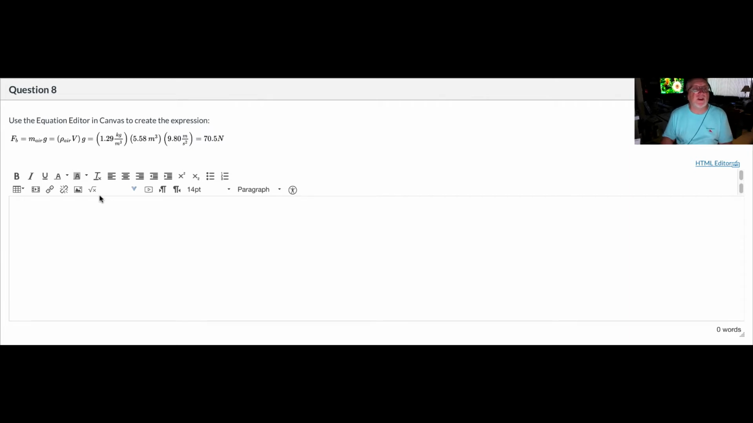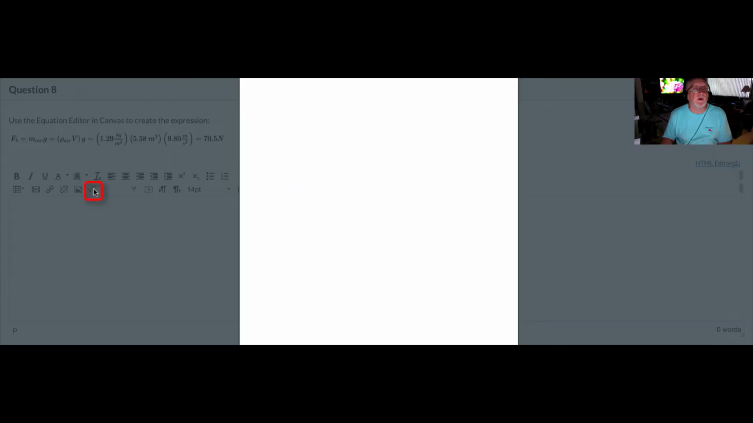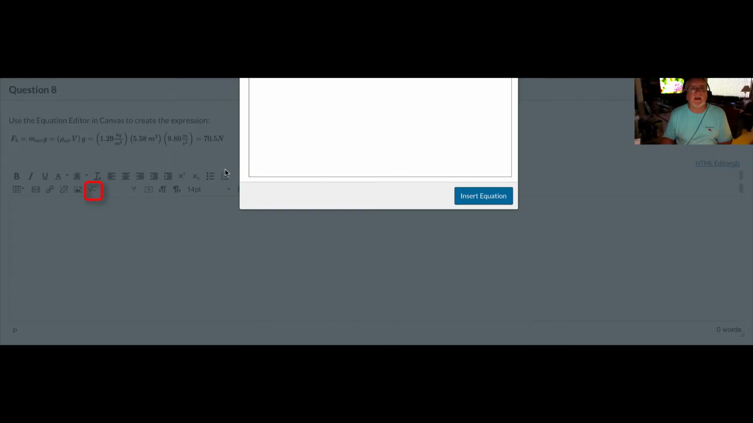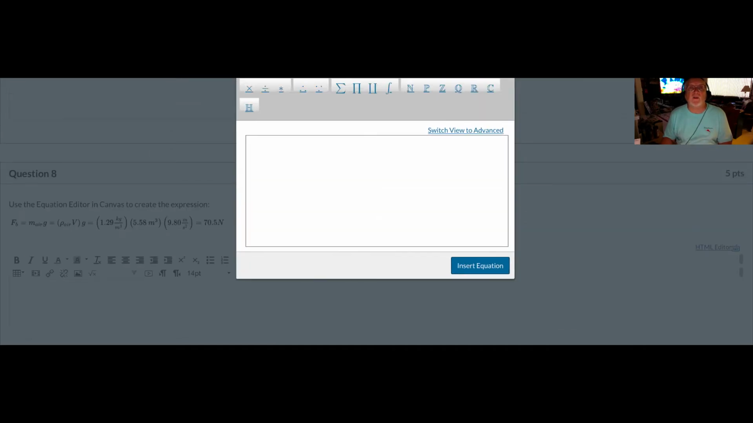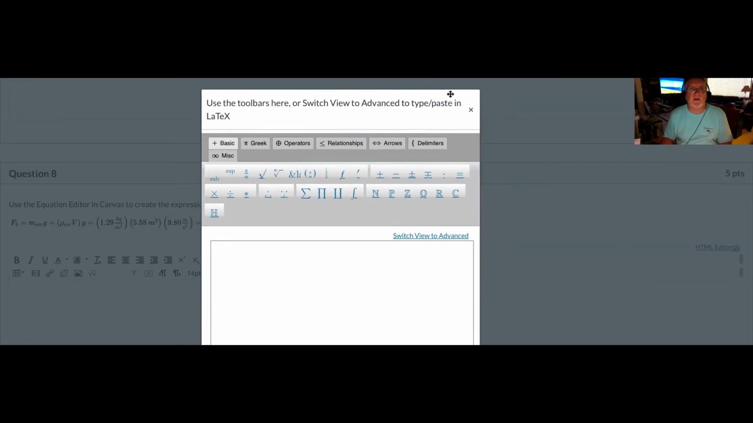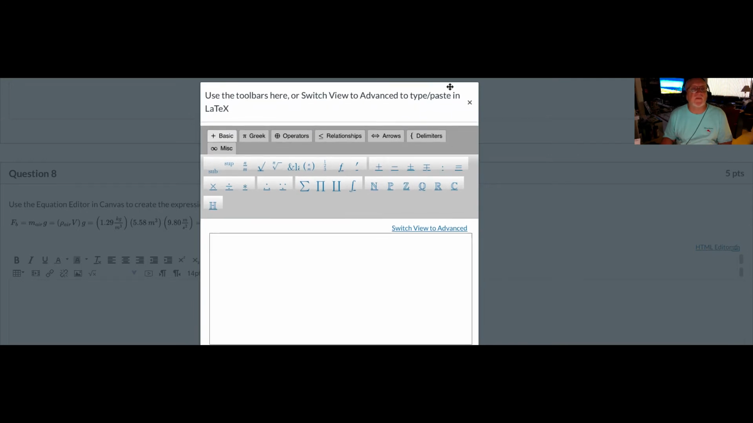So of course, the first thing you need to do is find the equation editor function. And in this case, it's that little square root of x sign. So when I click on the square root of x, I get a box or a field here. I'm going to move it down here a little bit so that we can still see it. And you can see you've got all of these tabs up here